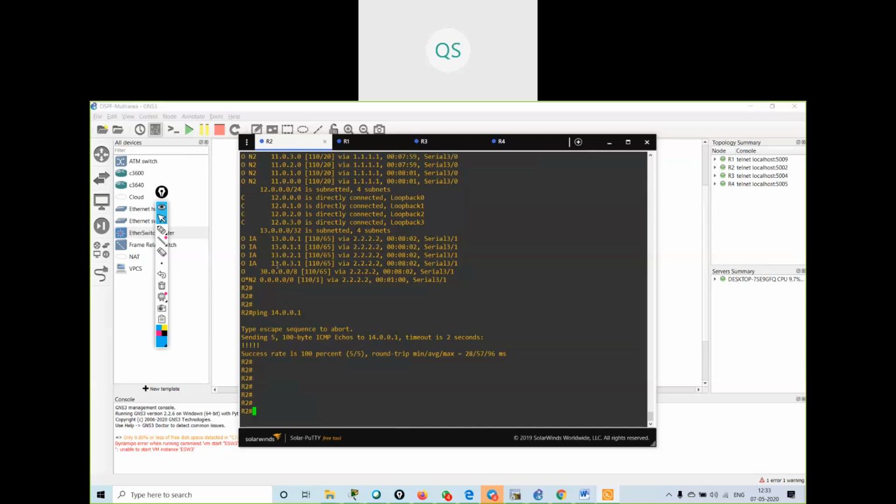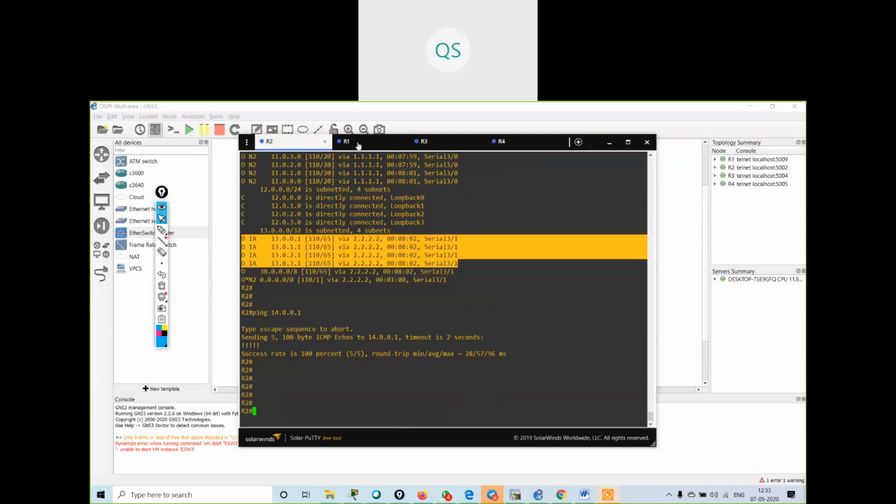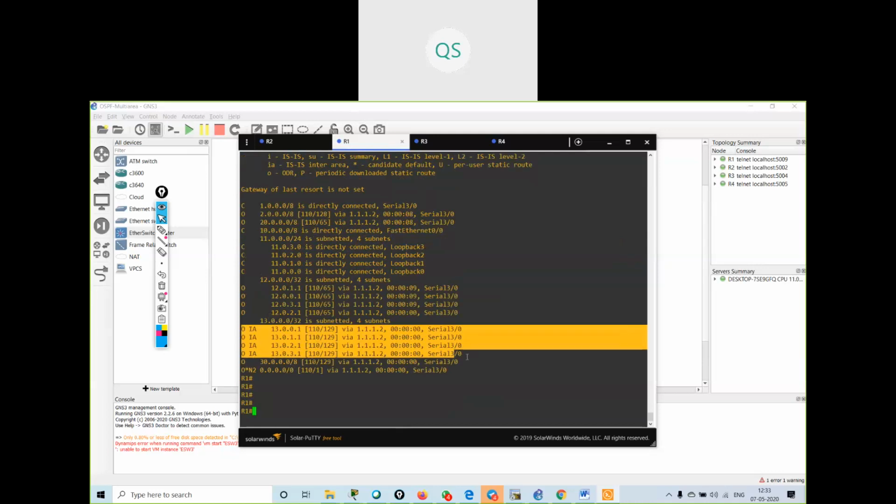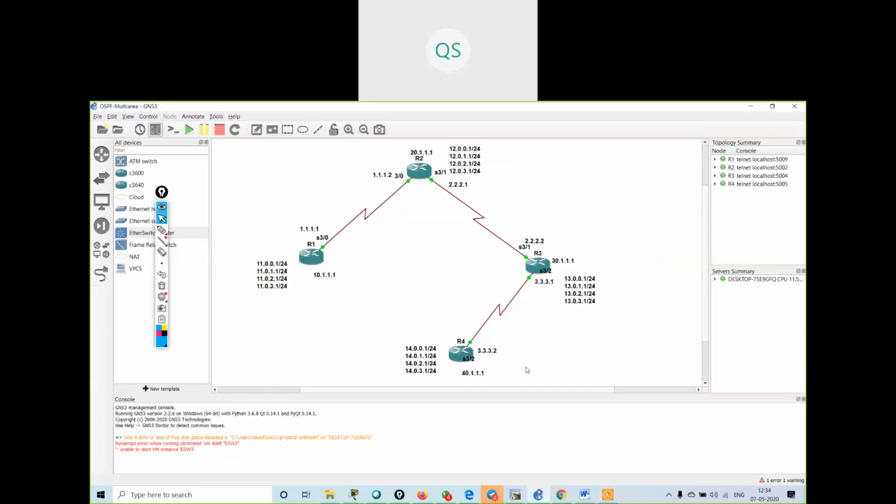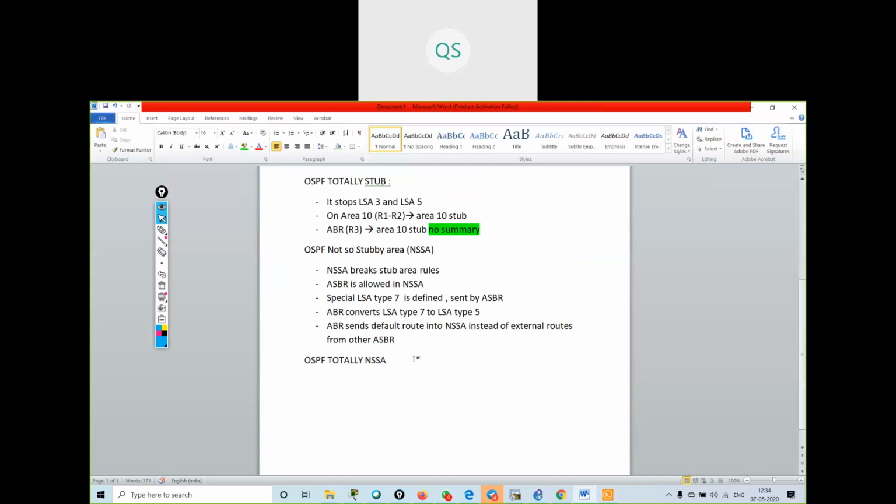Now, what we have studied in totally stub. See, now we have made a default route for these external routes. Now, what about these other area routes? I'm still getting these other area routes, the 13 dot routes. So this is totally NSSA.